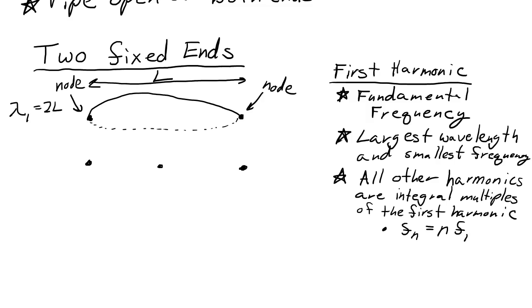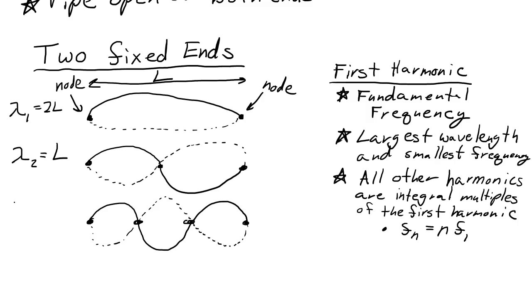And so I have half a wavelength in between each node and another half a wavelength, and then it reflects back to the other fixed end. And so in this situation, the wavelength is the length of the string that stretches between the two nodes. If we add another node, we can find the third harmonic, and now the wavelength of this wave is 2/3 the length